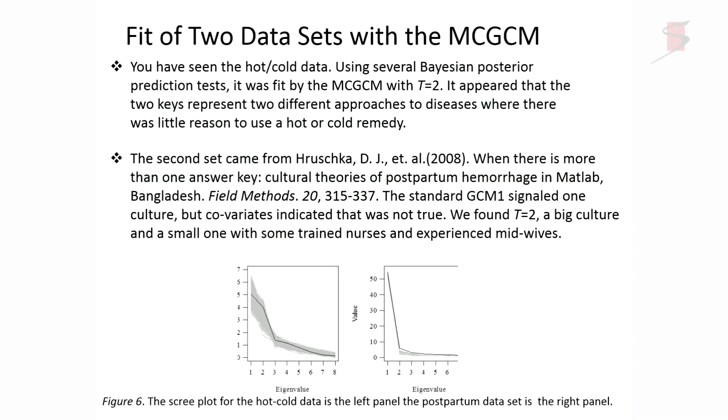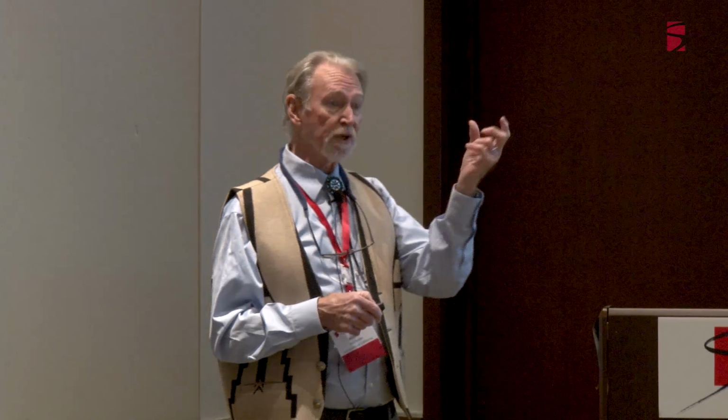And notice this looks very much like a scree plot. It has a little bump here for the second factor that you would be inclined to say there's only one there, but actually using DIC and some other measures, we were able to argue there were two. And so there was a small number of trained nurses and a few people that had done birth attendant experience. And we picked a small culture of those people, and there was a huge culture of the other people. And furthermore, the two answer keys shared a lot of items, so that those were masking the idea of getting